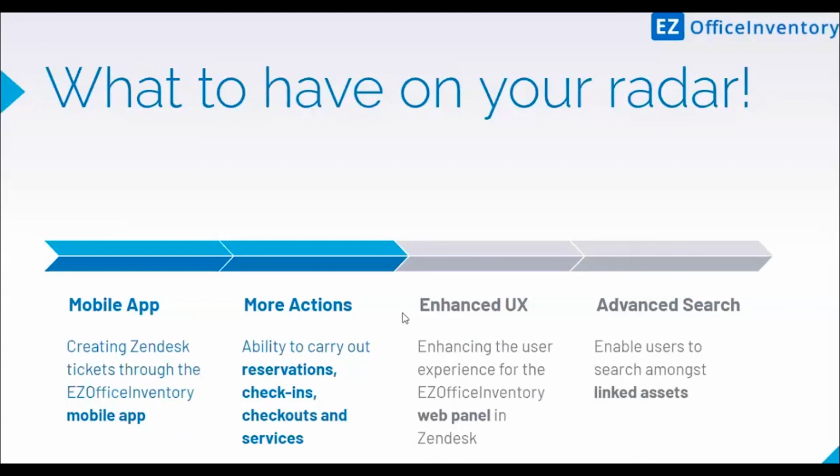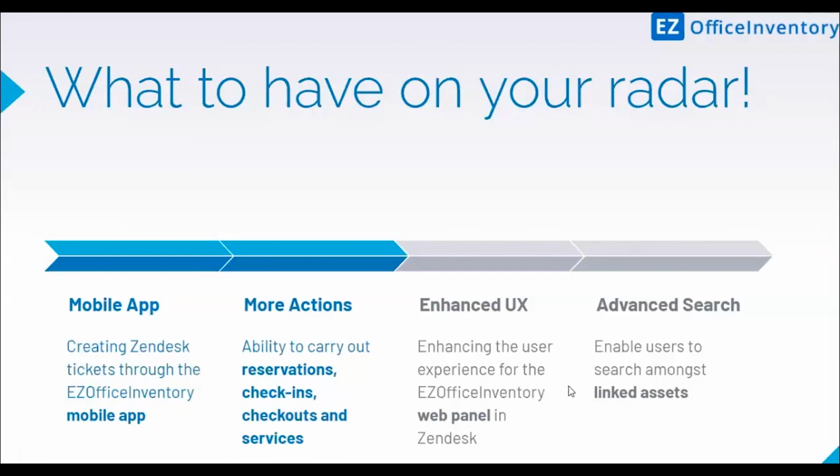To be more specific, as of now, there is a fixed number of data points you can pull from Easio into Zendesk. What we're working on is increasing the amount of information you can see in Zendesk that you are pulling in from Easio, as well as customizing that information according to your business needs. And this will only strengthen the Zendesk user's ability to make those decisions that rely a lot on contextual information.